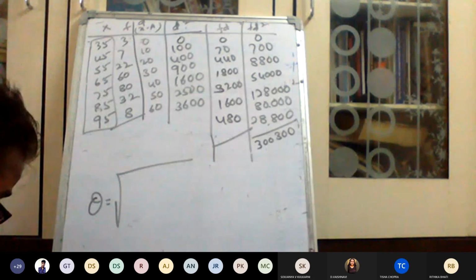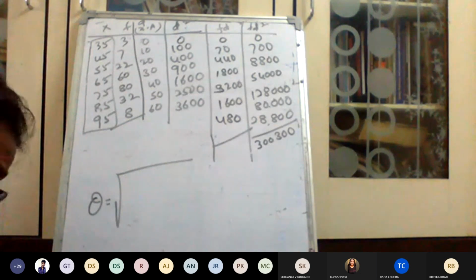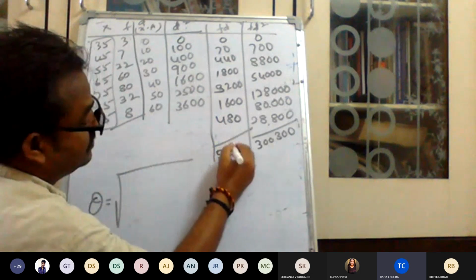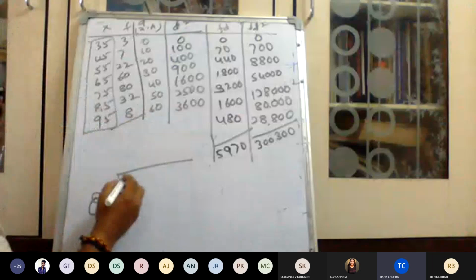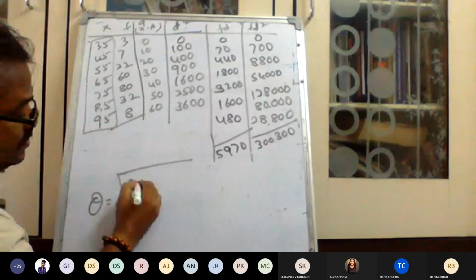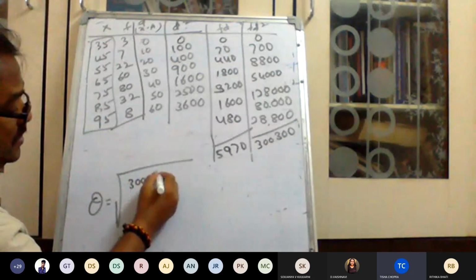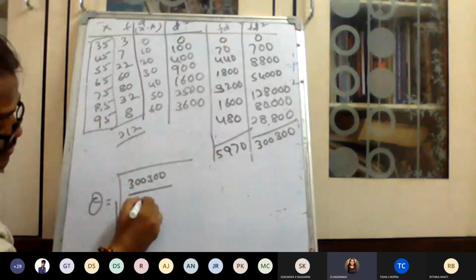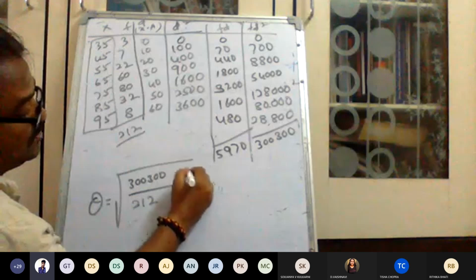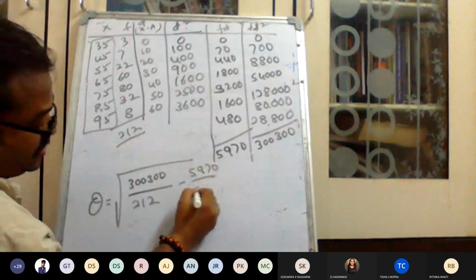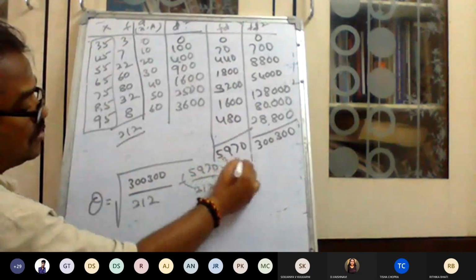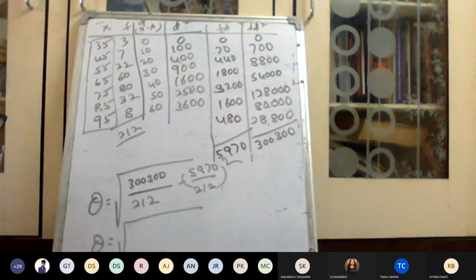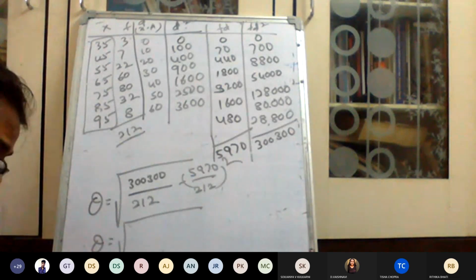Sir, fd value is 5,970. Now 300 divided by, this is 212, na? N value, 212. Yes, sir. 5,970 divided by 212 whole square. So standard deviation is equal to